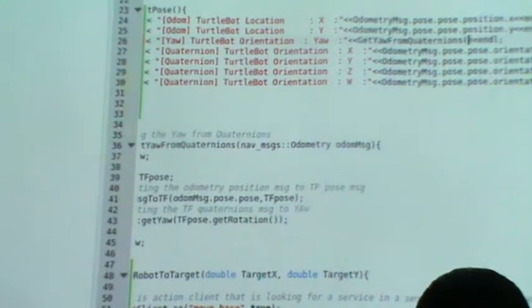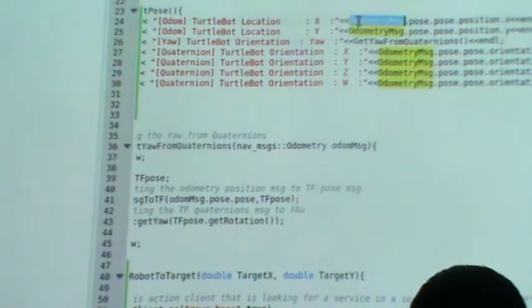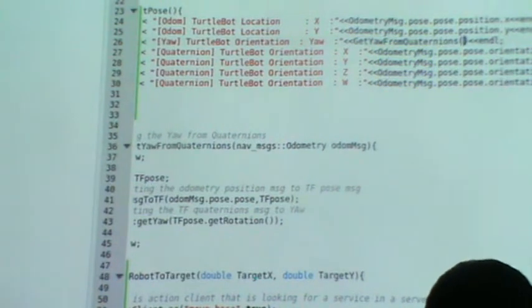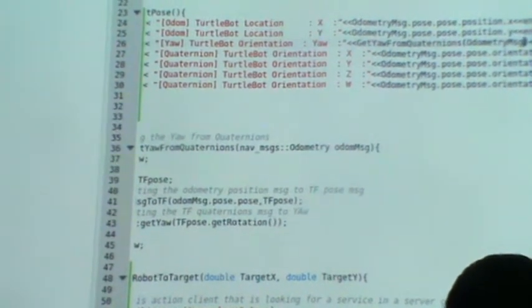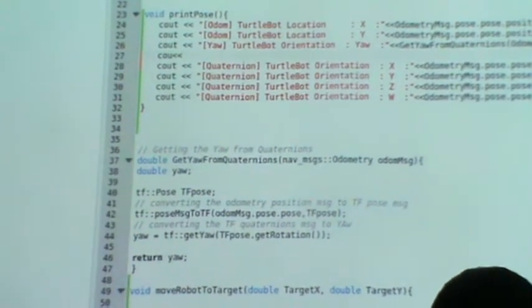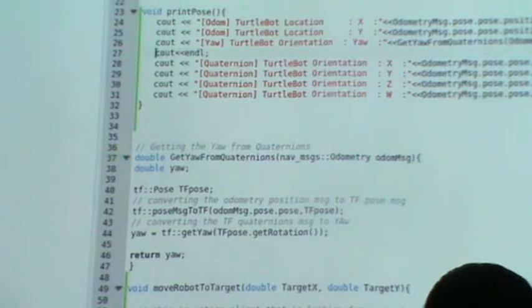And I put what? Odometry message. Okay, and delete the rest of it. No problem. I'm going to add one cout and endline. Okay. In the main, the else has a problem.